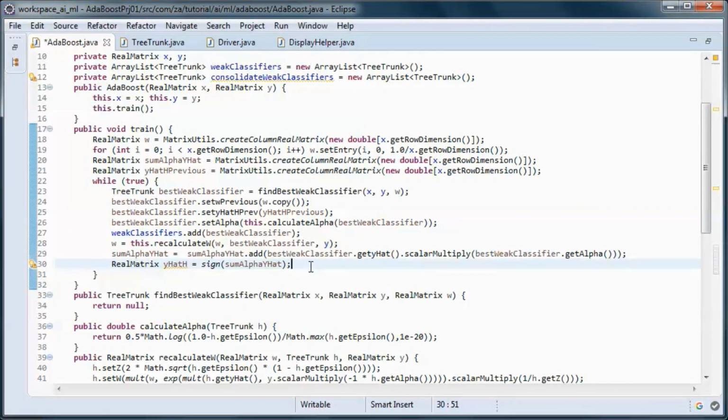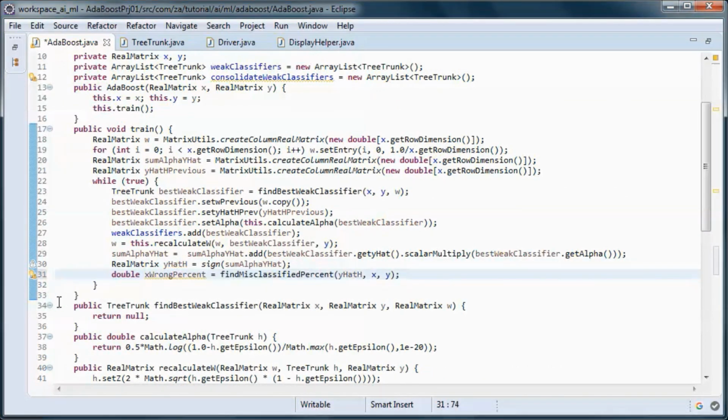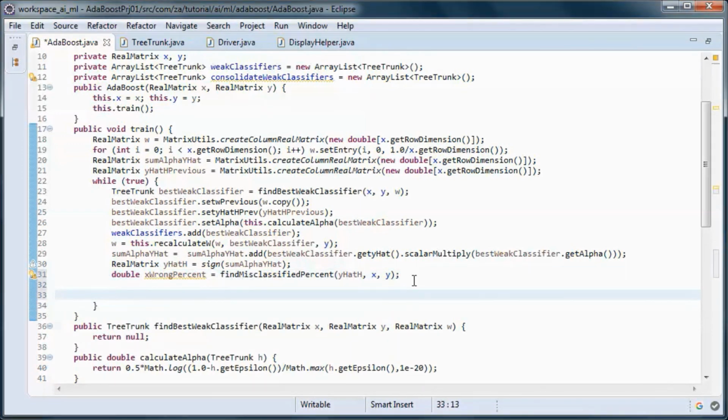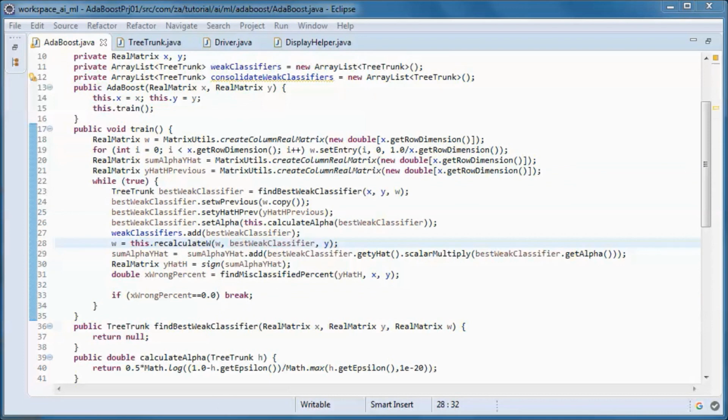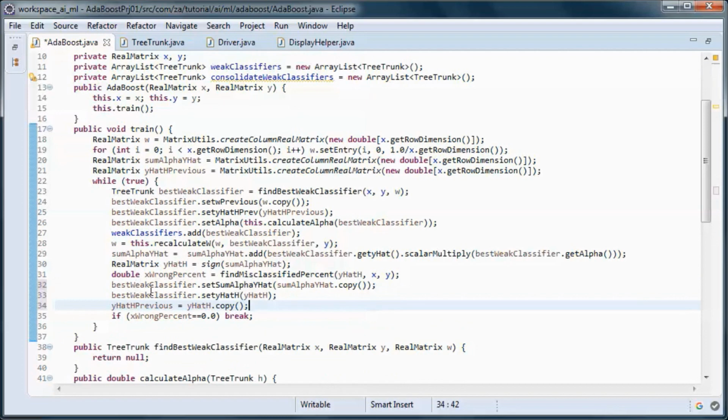So we call it from here, and when all the data items are classified correctly, we break out of this loop. And what remains here is those two set methods and the y hat previous of the overall classifier.